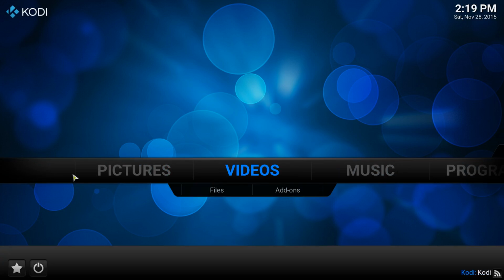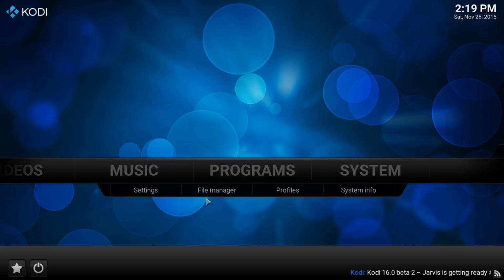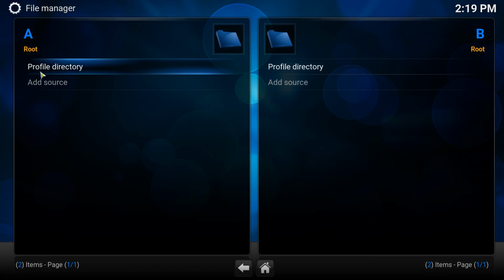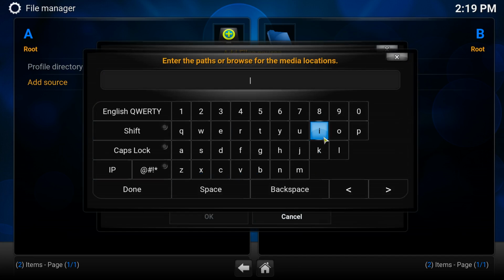So when you're in here, see, everything's stock. You don't have anything: music, program, system, nothing. So you're going to want to go to System. You're going to want to go to File Manager. You're going to want to go to Add Source. If it'll open. There we go. Add Source. You're going to want to go here, and you're going to want to type http colon backslash, and then fusion